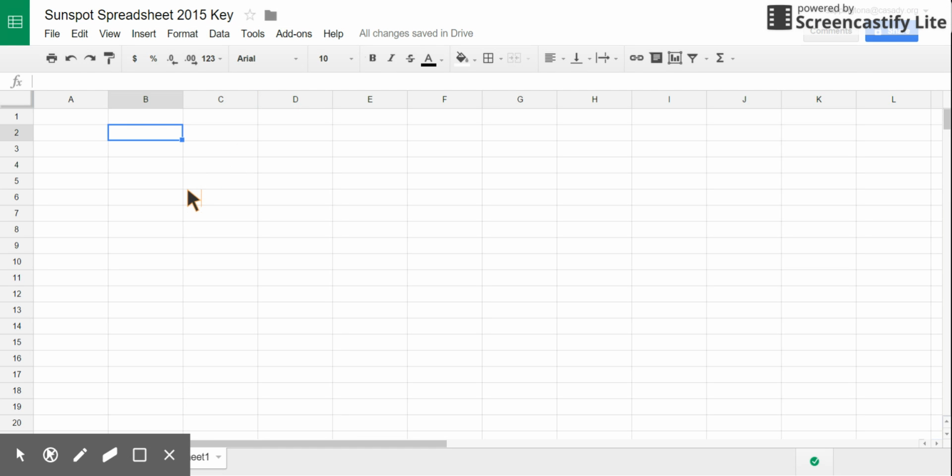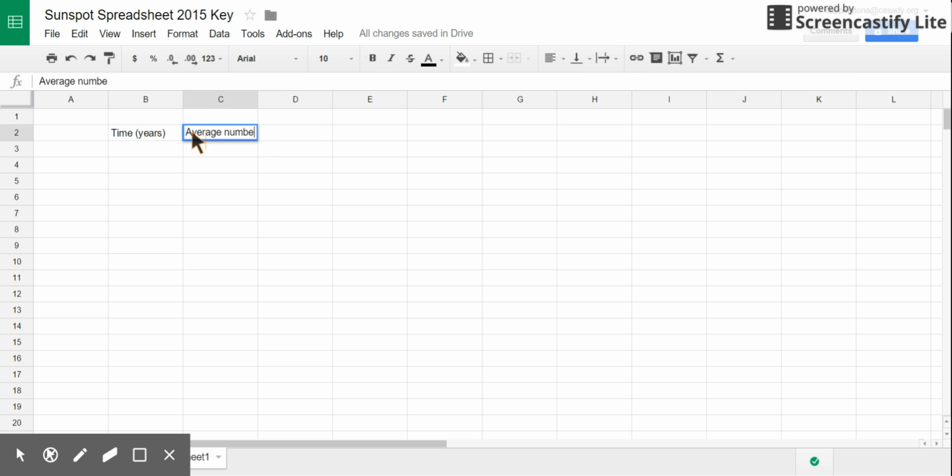Now, the way that you're going to do this data set is pretty straightforward. You're going to have a spreadsheet that's already created for you, but it's going to be blank, with this assignment name and your name on it. And you're just going to need to make two columns, one for the independent variable and one for the dependent variable. So the independent variable, the thing that they're deciding to change, is time. And it's always good, even in the data table, to put down in parentheses, years. And then what are they counting or measuring in this experiment? It's the number of sunspots. Well, specifically they say average